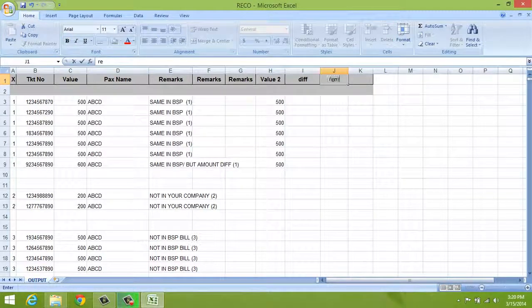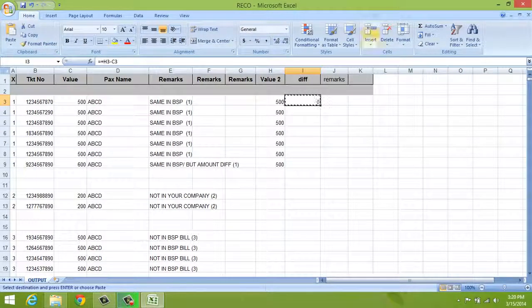For the difference, just press this one minus this, and copy that formula from top to bottom. Here this first value is your company value, and this value 2 is the supplier value. Compare that, you get a difference here because this one is 600 and 500 in the supplier, so there is a difference of 100.